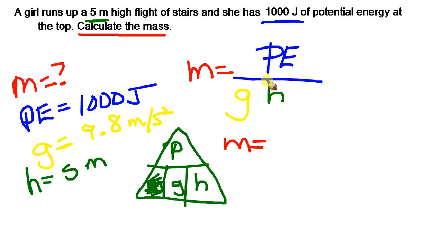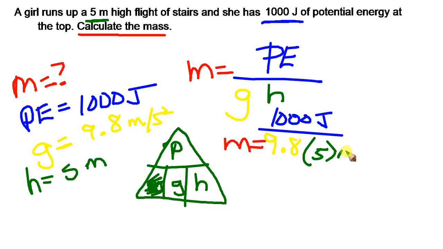My potential energy has 1,000 joules. Acceleration due to gravity is always going to be 9.8. And my height is 5 meters. I enter all of these things into my calculator, and I find out